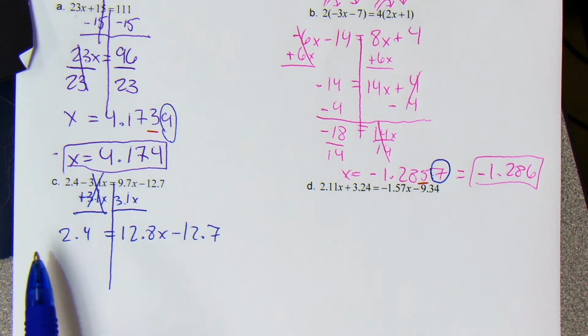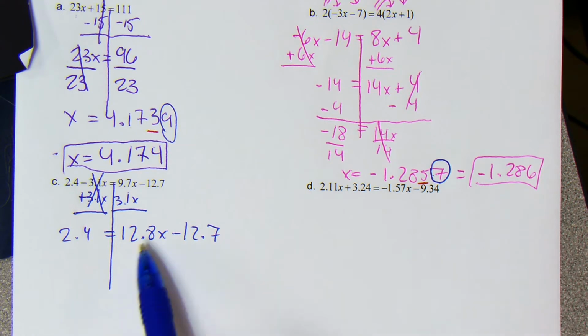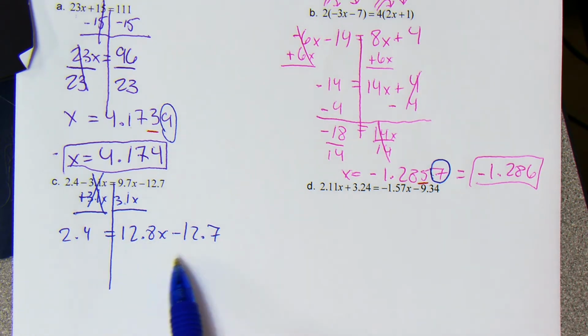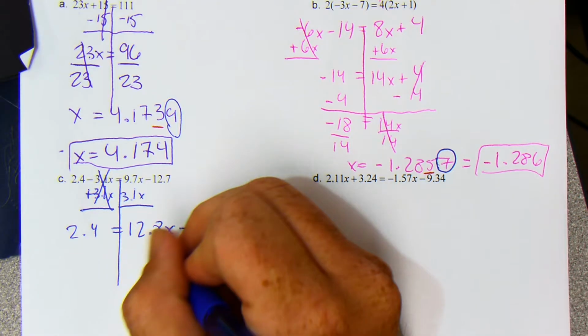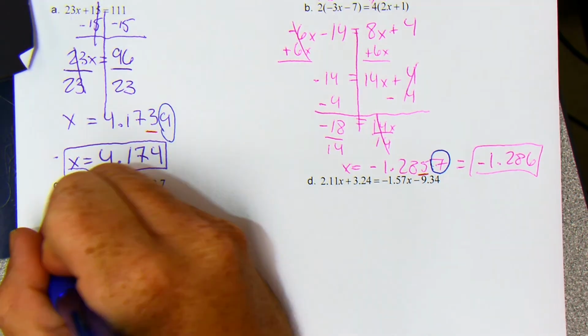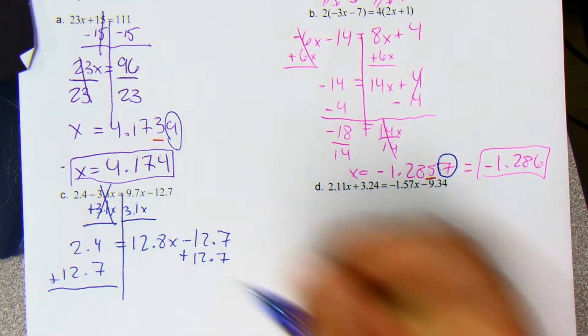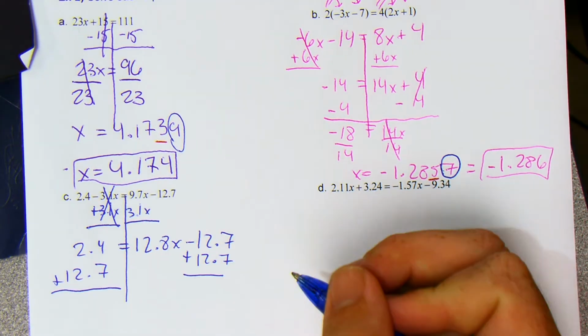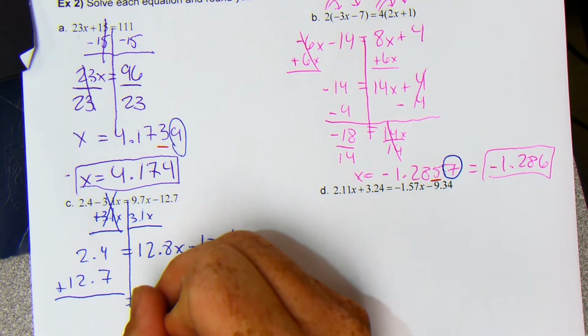So I know that I need to get my x by itself, but first I need to move what is not attached to me, right? This 12.8 is attached to me. This negative 12.7 is not. So I need to move that negative 12.7. In order to do that, I need to do the opposite, which would be a positive 12.7. So I'm going to add 12.7 to both sides. Negative 12.7 plus 12.7 is 0. I bring down my equal sign and my